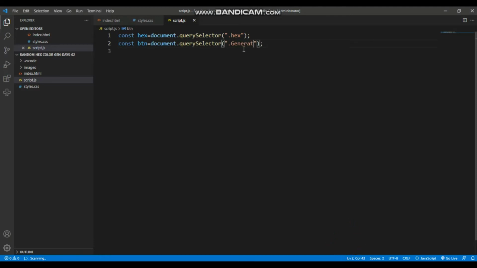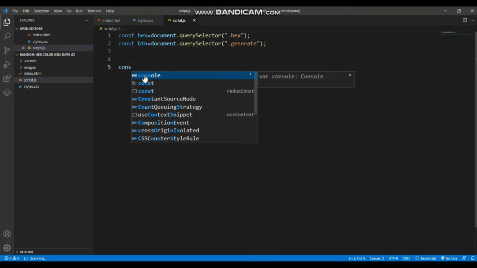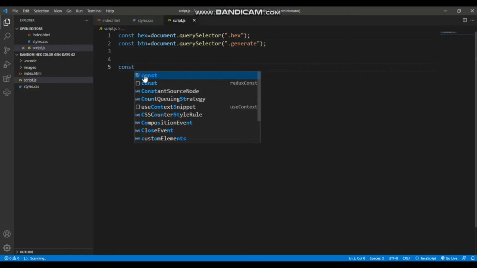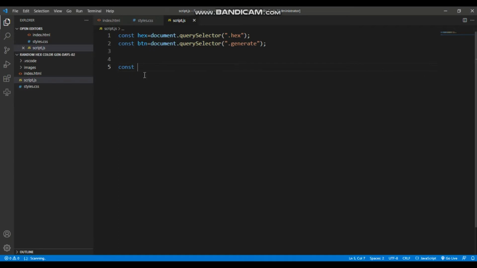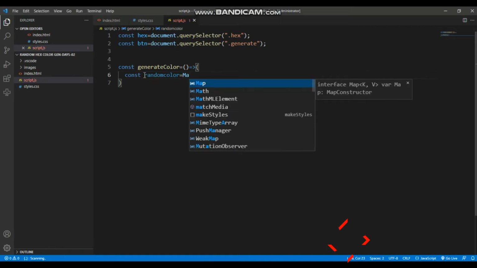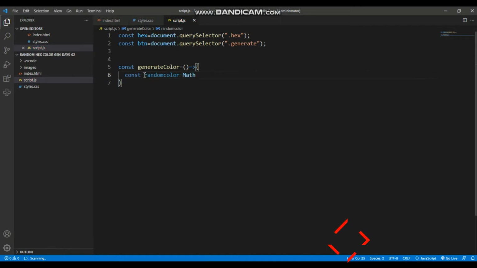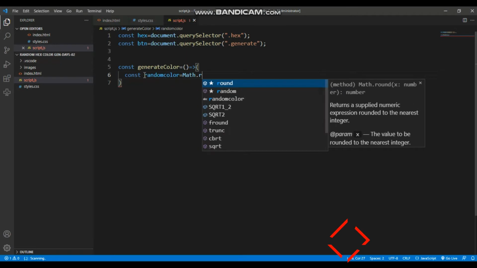Generate. Okay, function const, like that, generate button, generate color equal function, then I will function color, Math.random,